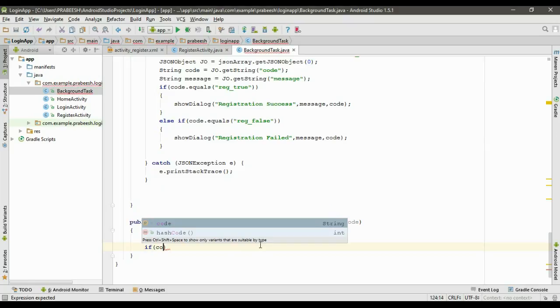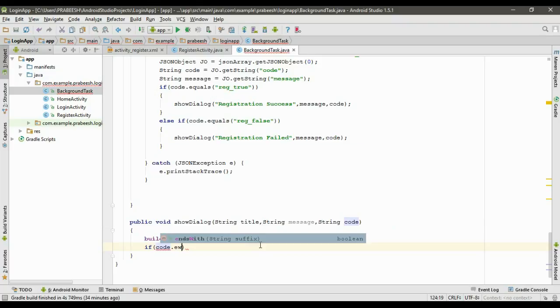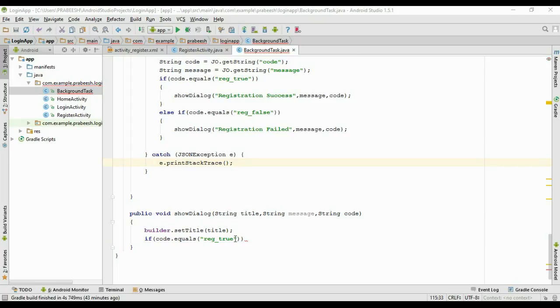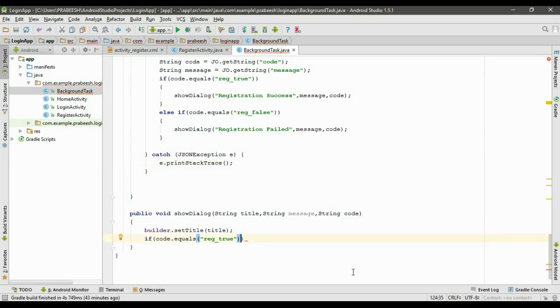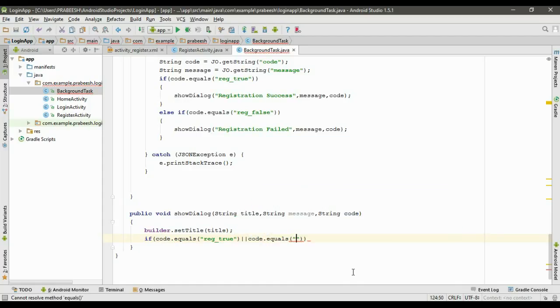Now we have to check some condition. If code dot equals reg true or code dot equals reg false,